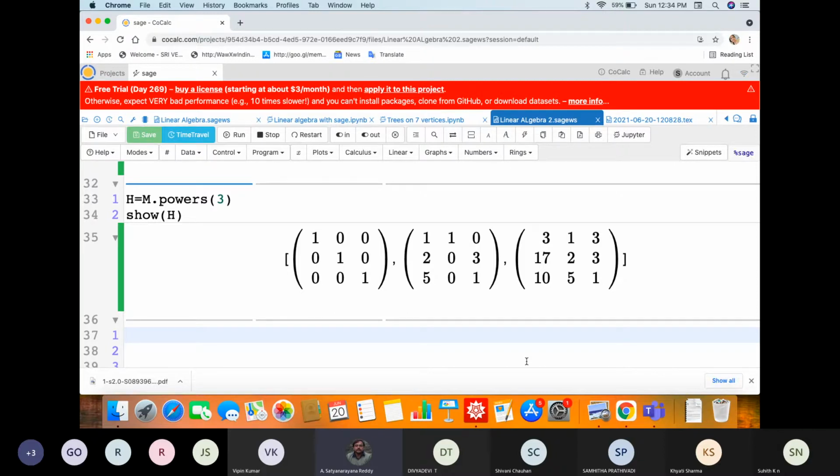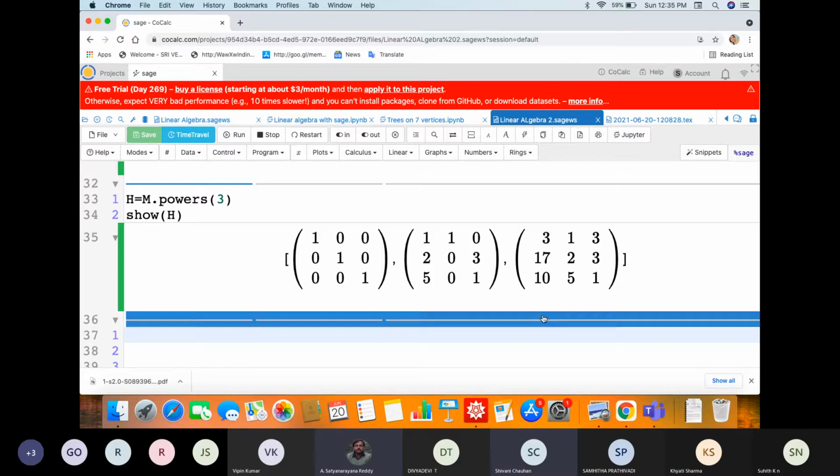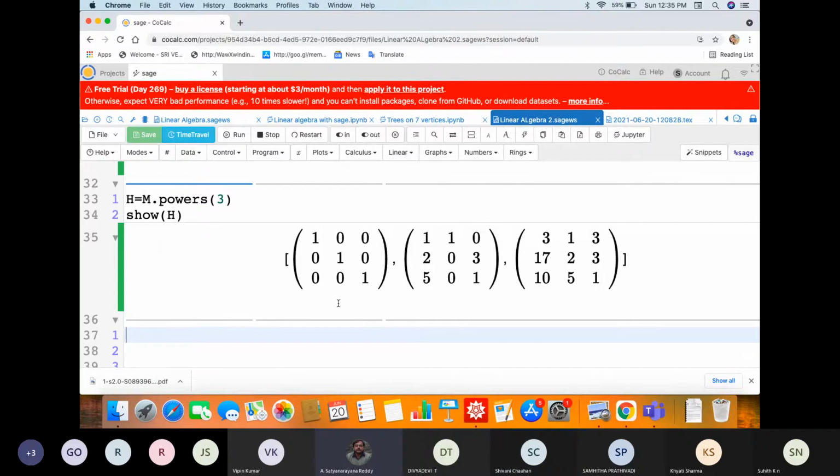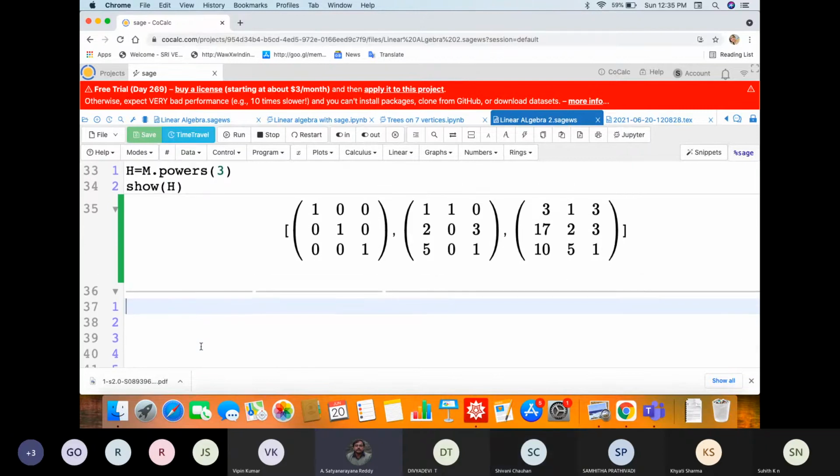The smallest power at which every entry becomes positive is called the exponent of that matrix. For this matrix, the exponent is 2. So try to write a program later, as an exercise: I give a non-negative matrix, and I want to find its exponent if it is primitive. If it is not primitive, the program has to say it is not primitive. Try it like a project. But why I'm telling this problem here is that now the world is going towards machine learning and that stuff.